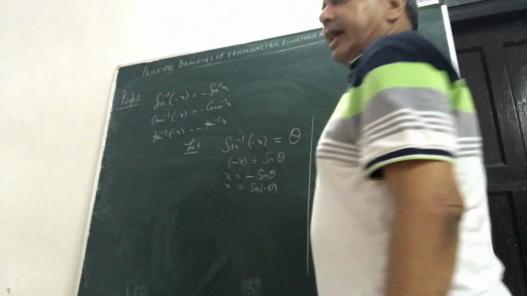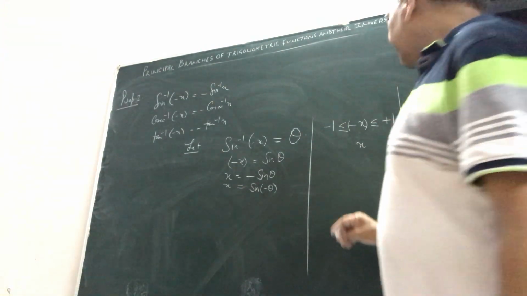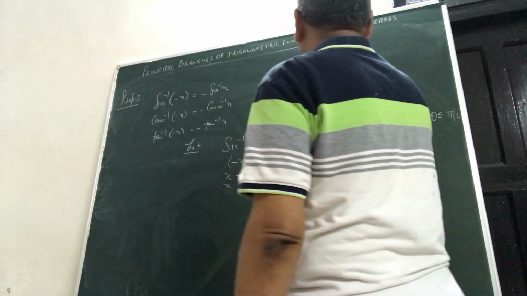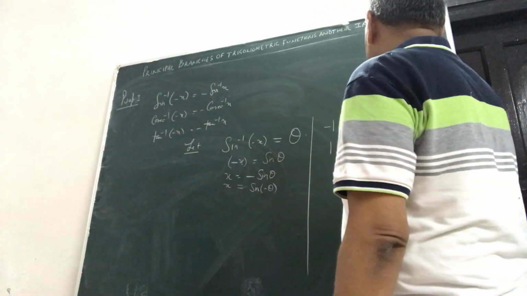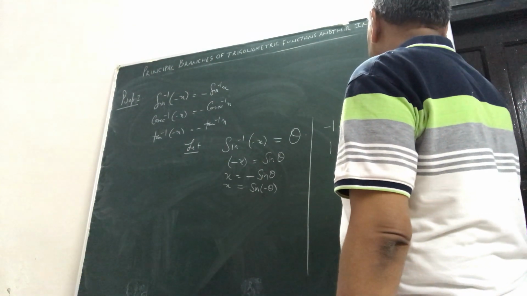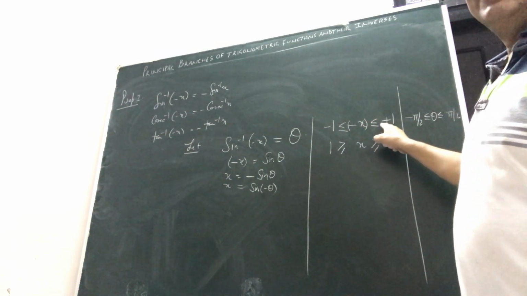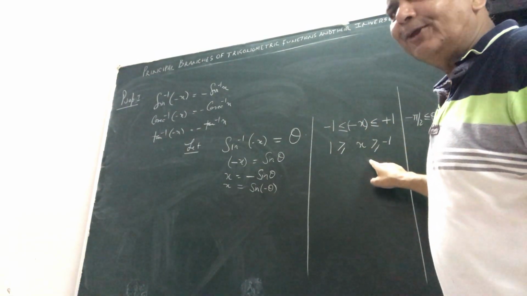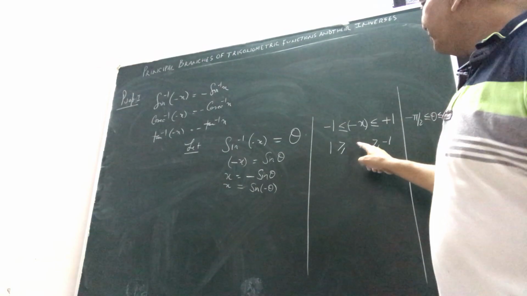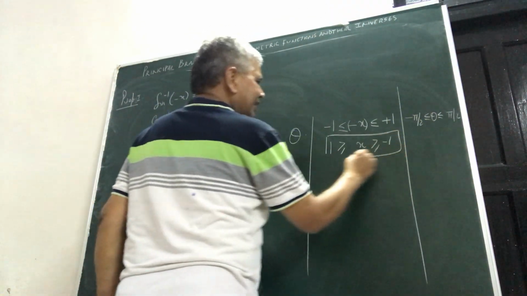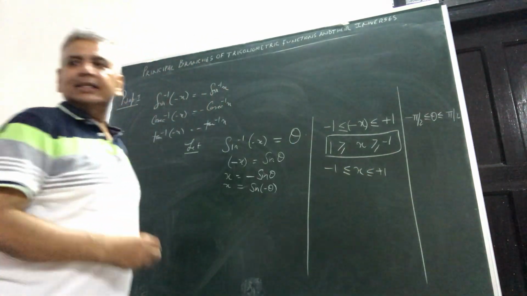So minus x lies between minus 1 and plus 1. So x will lie where? In inequalities you multiply with minus all the way. If you are multiplying with minus, the inequality sign will change. So x will also lie between minus 1 and plus 1. No effect, it remains the same thing. If minus x lies between minus 1 and plus 1, then interestingly x also lies between minus 1 and plus 1. They are the same thing. You can write this as x is greater than or equal to minus 1 and less than or equal to plus 1.